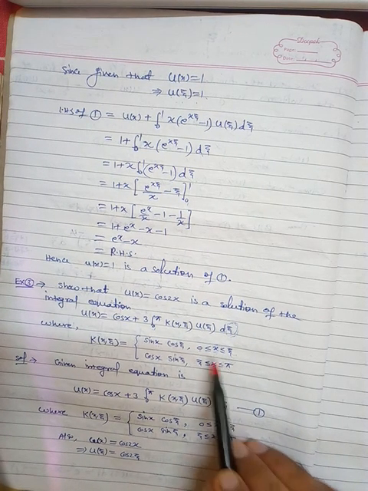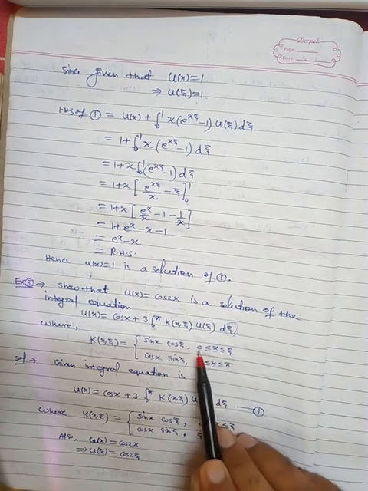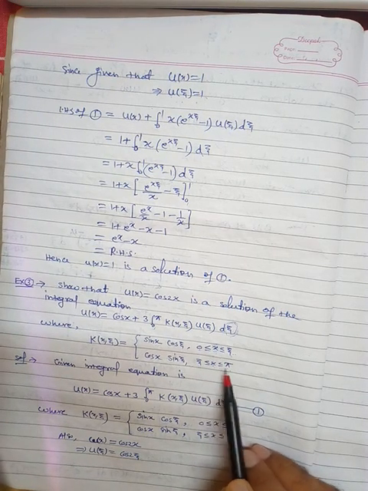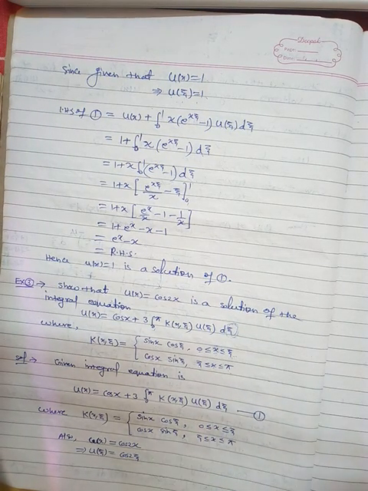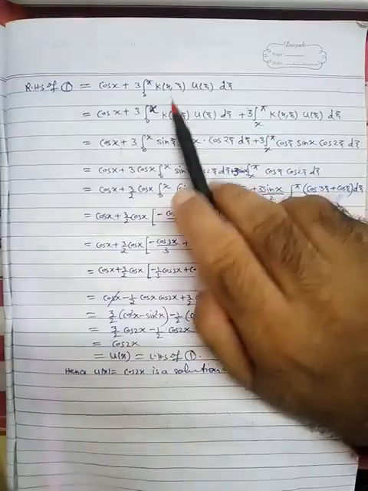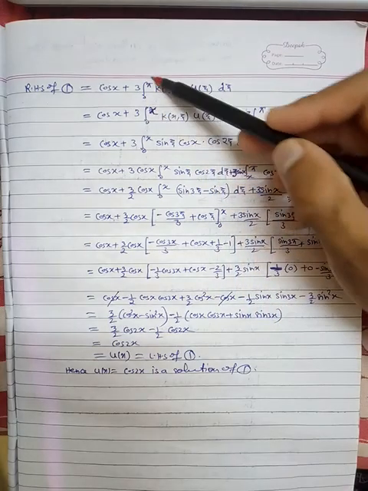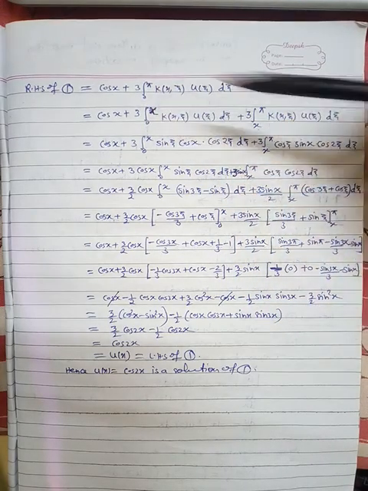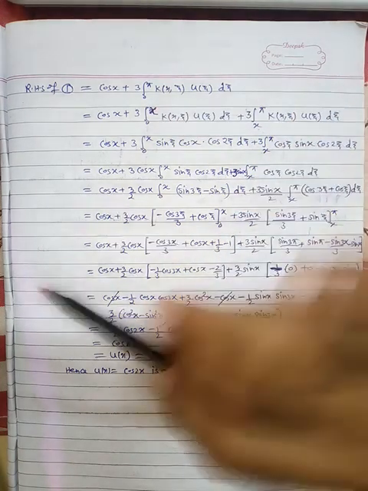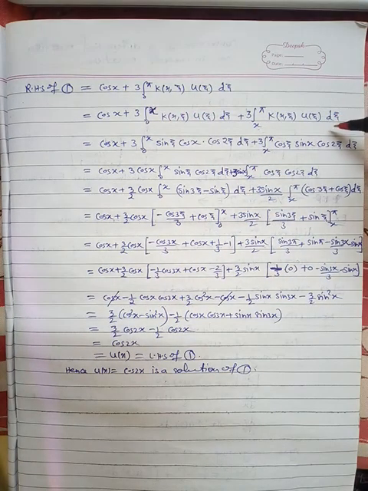Fine. After interchanging x and xi, this becomes xi, this becomes x. So 0 to x. Similarly here this becomes x, this becomes xi. So x to pi. This will be the strategy. So here we have divided this range into two parts, 0 to x, x to pi. Why we have taken x, we have already explained this. So now this is the integral.